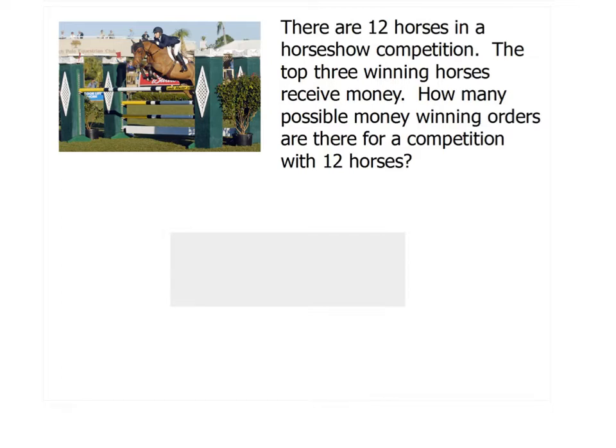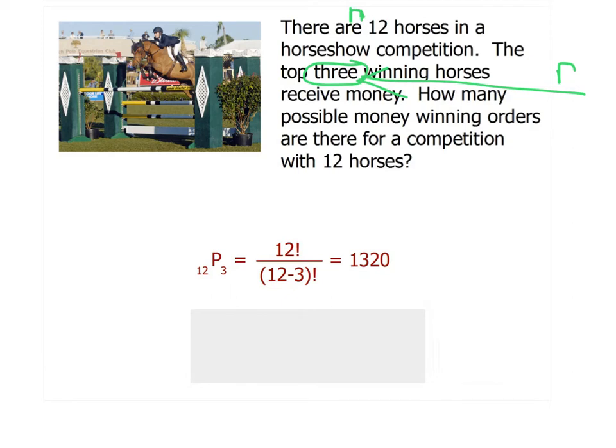So our total is 12. So this represents our n. And then 3 is our subset of what's being chosen. So that is your r. So you're going to have this nPr, so that'd be 12P3